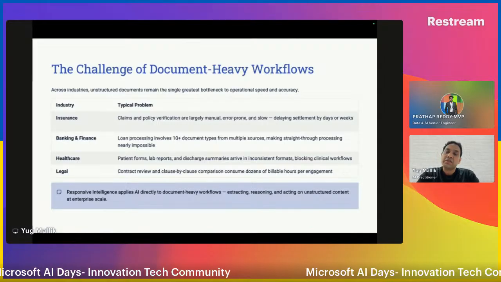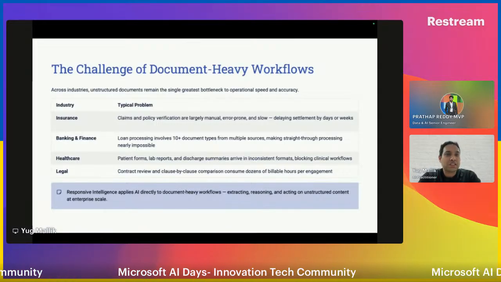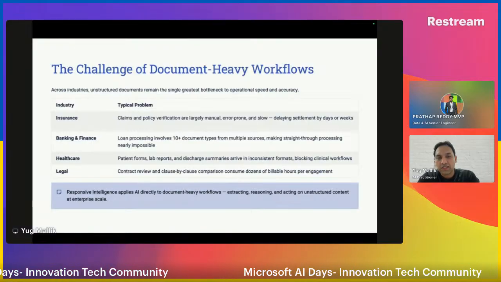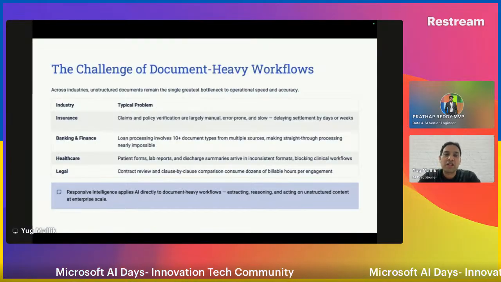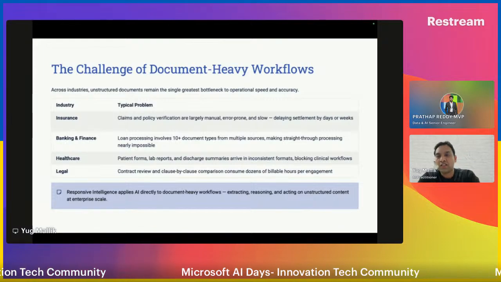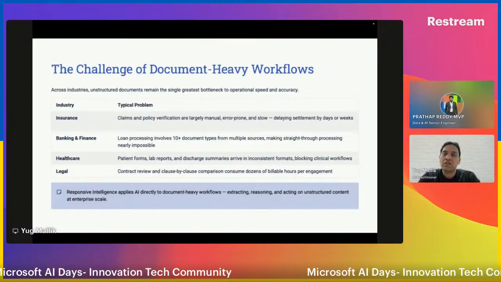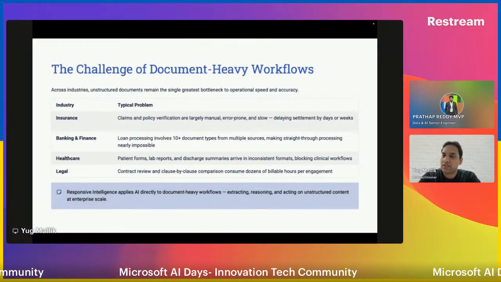All right, so let's take an example or a challenge that we have been seeing across the industry. Now, industries like insurance, banking, healthcare, legal, they are document-heavy industries. Any process you pick from these industries, there will definitely be heavy documentation in their processes.